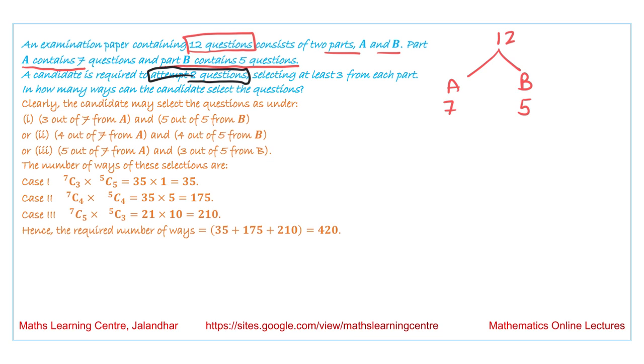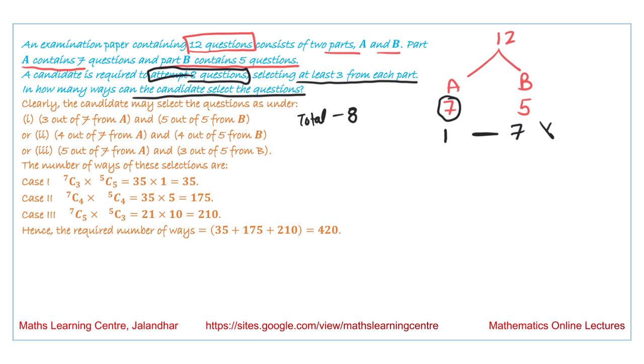A candidate has to attempt a total of 8 questions, selecting at least 3 from each part. How many ways can the candidate select these questions? So he should have at least 3 questions from each part. Suppose he has selected 1 question from part A, then in that case from B he has to select